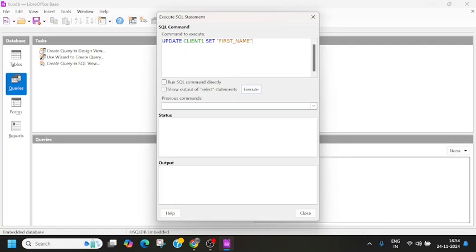Okay, and equal to Gina. We are going to set first name as Gina. As I said, data should be in single inverted commas. Now let us write where client ID. So if you remember, the client ID of Mira is where